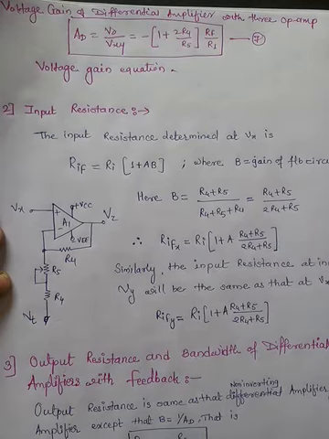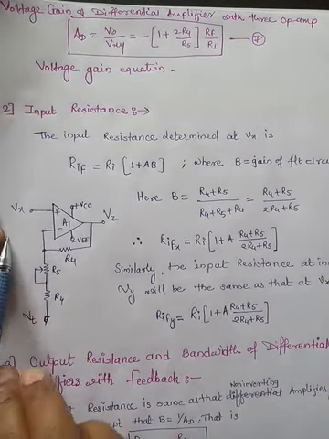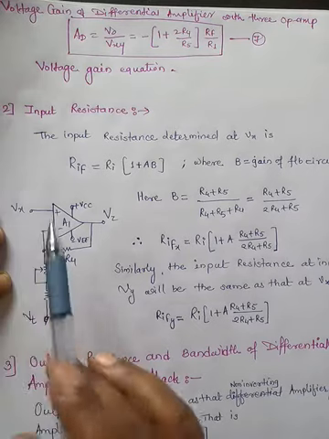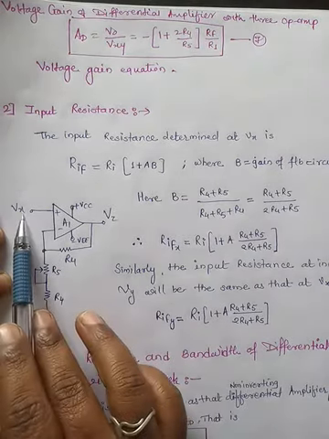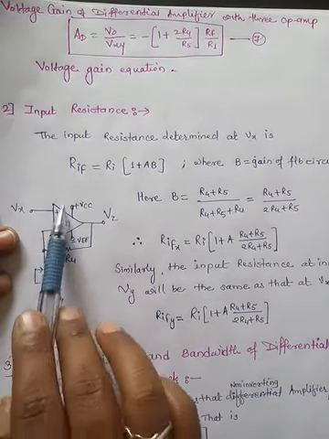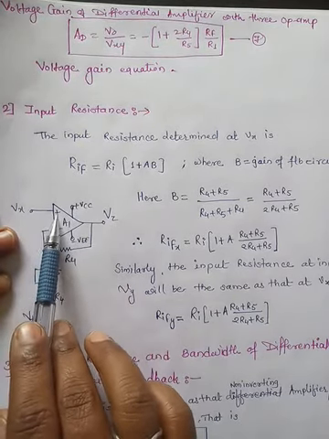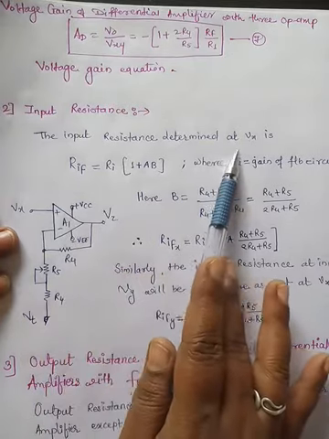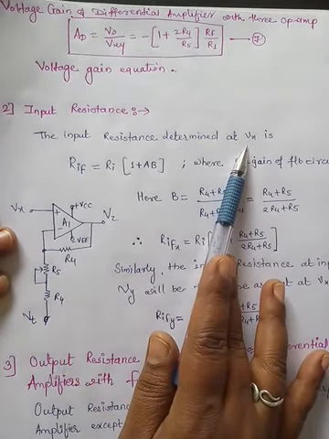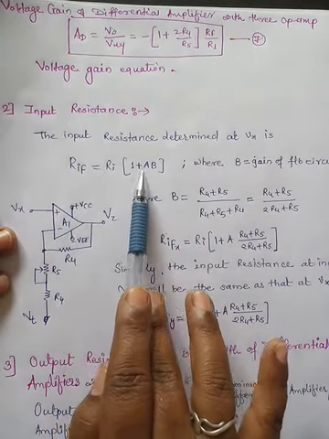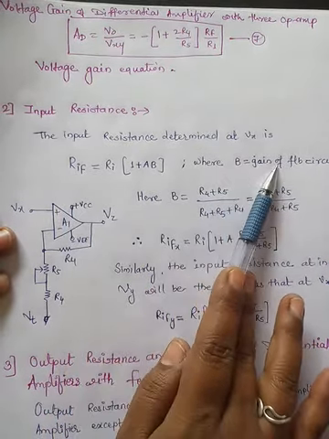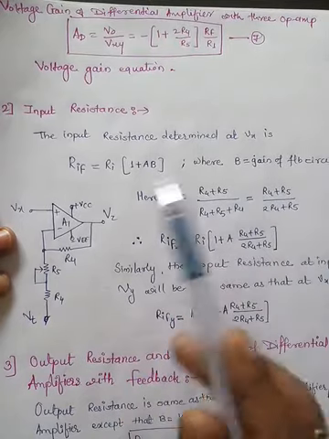For input resistance, we can look into one of the input terminals, and the other input terminal must be connected to ground. So if we consider the first case, that we want to look into the Vx input terminal and Vy is equal to 0, it means that Vt is equal to 0. If this is the case, this input is given to the non-inverting input. So the input resistance is nothing but the input resistance of a non-inverting amplifier, and that RIF is equal to Ri into 1 plus AB, where B is the gain of the feedback network.